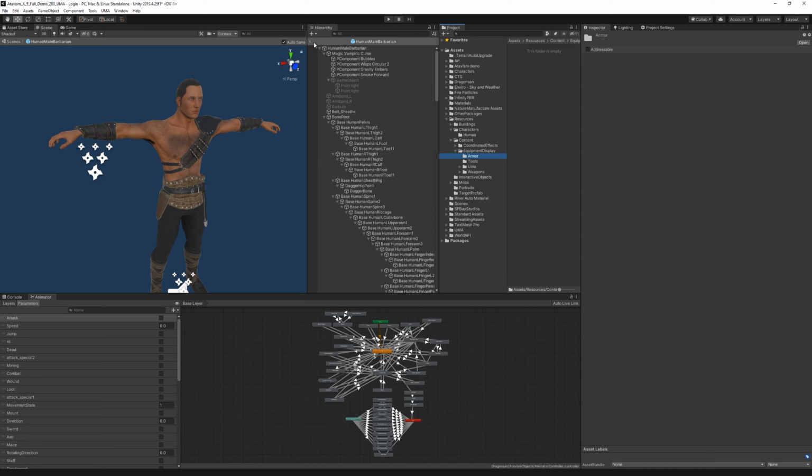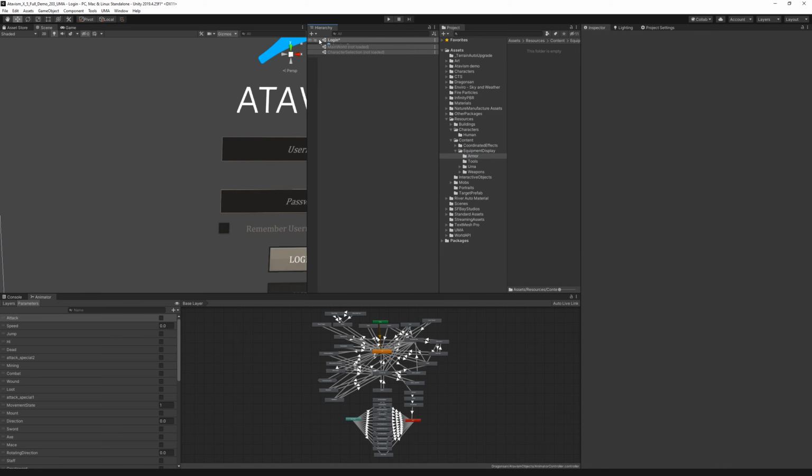To do this we have to create a new empty object in the scene, so let's create empty game object, let's reset position, let's call it pauldrons,